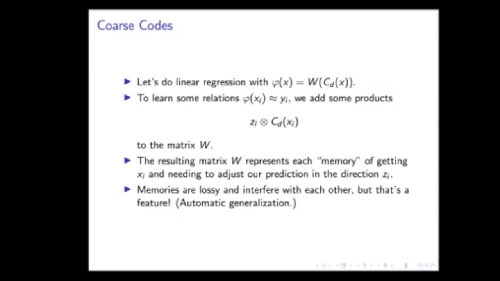There's also another picture, which I'm realizing maybe isn't super universal: training this model with gradient descent for large D is the exact same thing as computing the maximum a posteriori estimate of a Gaussian process on some data, where the kernel of the Gaussian process is given by the second moment of the micro features that define the coarse code.